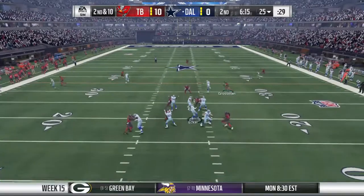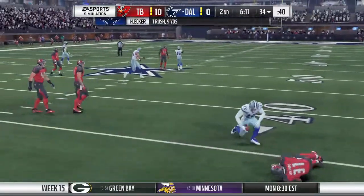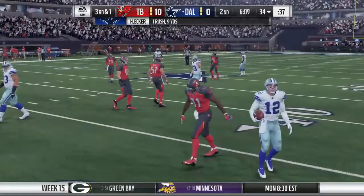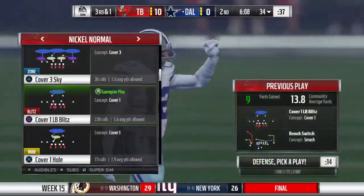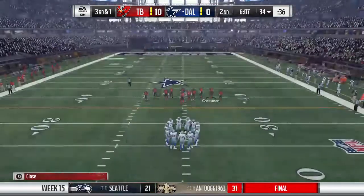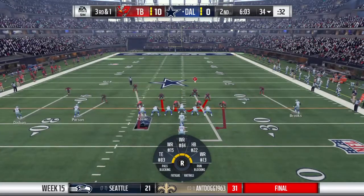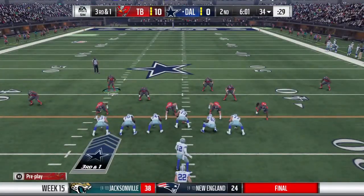Back to throw now on 2nd and 10. And an alley to run. And he'll avoid the tackle there with a slide. Give him 9 on the play, and that'll bring up a 3rd and 1. The Cowboys on 3rd down. 0 for 3 to this point. They could use a conversion. They need just a yard here. It's 3rd and